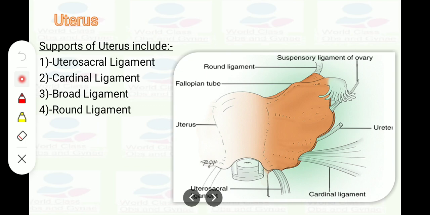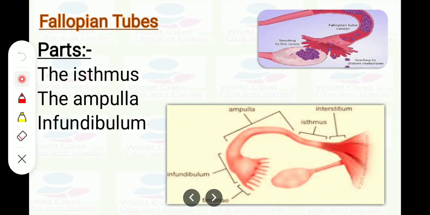You all know that we have uterosacral ligament, cardinal ligament, broad ligament, round ligament, and you can see here in the figure we have round ligament like this one, and that is the suspensory ligament of the ovary. Ureter is here. We have the cardinal ligament, uterosacral ligament, uterus, and fallopian tube. Now, fallopian tubes have different parts: isthmus, ampulla, and infundibulum. This is the infundibulum, this is the ampulla, this is the isthmus, this is the interstitium part, and that is